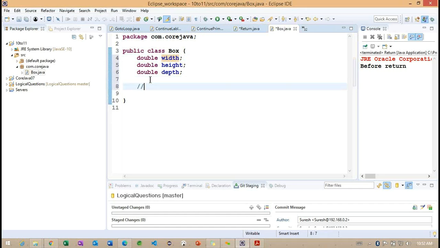So to create an object, what do we need to do? First we need to specify what kind of object we are creating. It's nothing but the type we need to specify here. The type we have here is Box type. Getting the point. So we need to specify the type, and we need to provide the reference variable here. So after creating this object, we are going to access this object's information using this variable called box. Right.